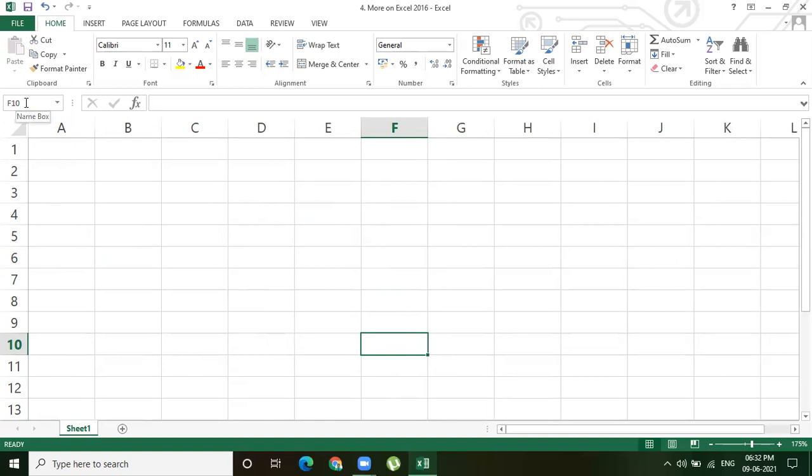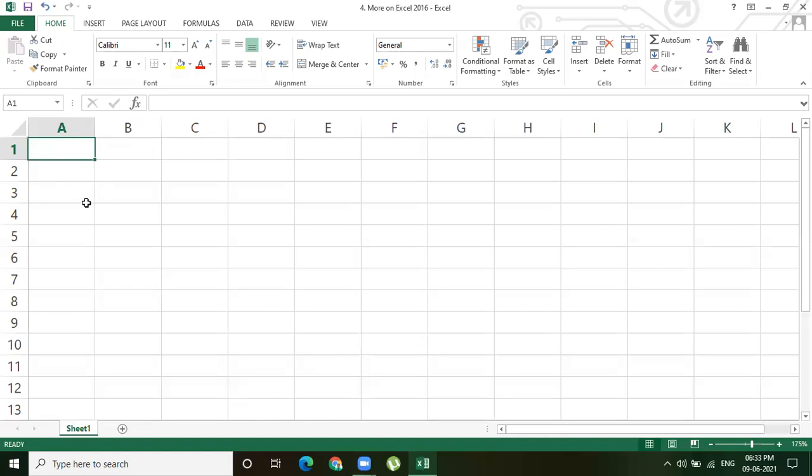You can also see on the top left side there is a name box. In the name box also you can check the cell address. The active cell address will also be displayed in the name box, right? You can even change it, wherever you want to go. For example, you want to go to A1, click on it. Or for example, you want to go to any other cell like F10, you just type it and click on it. Then you automatically go to that particular active cell. Okay, so this is about selecting columns, selecting rows, and selecting cells.